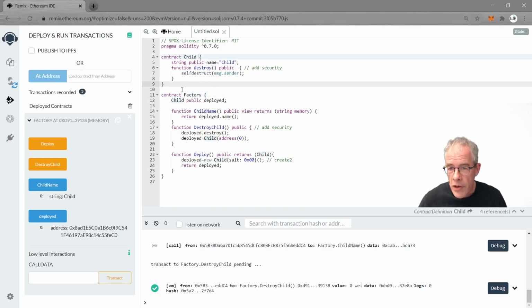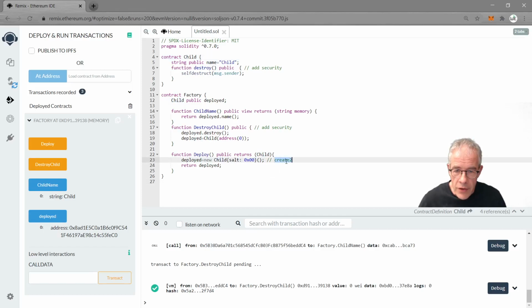Now, an additional detail that's an interesting fact of Solidity that you wouldn't expect is the so-called Create2 function. So we've deployed the child here with the Create2 function, and you can see that by this fact, the salt that we've added over here, and that indicates that we're using the Create2 function. And what that does, when you deploy the child again,